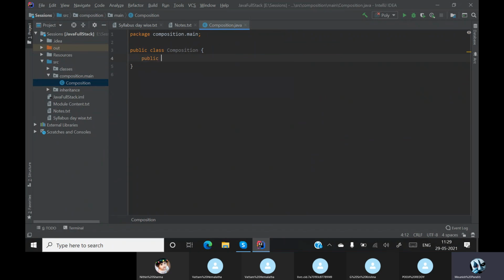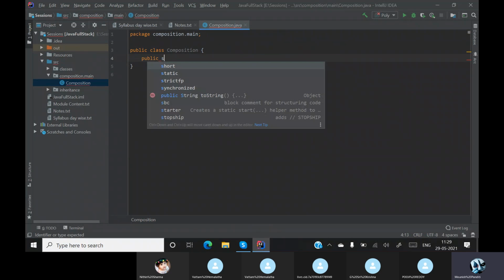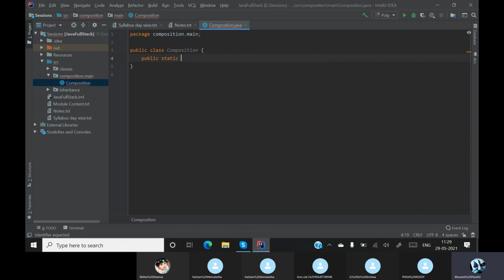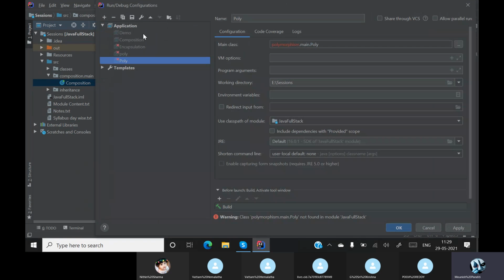To run this main class I need my main method: public static void main. We'll take some arguments, so let the arguments be String args. Done. So let me edit my configurations once and delete all this.